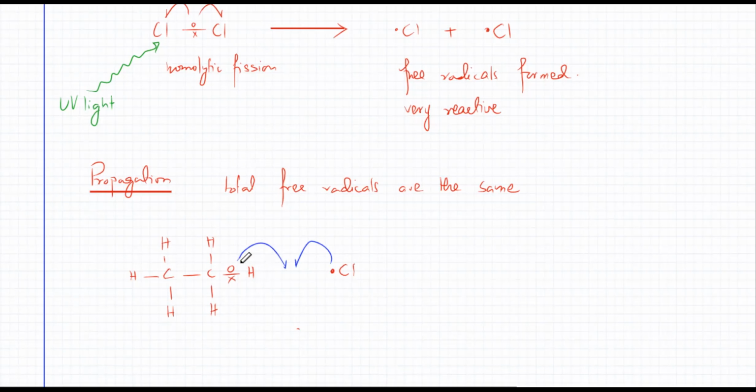So a hydrogen atom, instead of bonding with the carbon atom over here, is going to withdraw its electron and give it to Cl, and the carbon's electron goes back. So the product is going to be an ethyl radical, because now carbon doesn't have a complete outer shell. One of its electrons is now not bonded to anything. And the HCl molecule is produced. So this results in the formation of an ethyl radical.